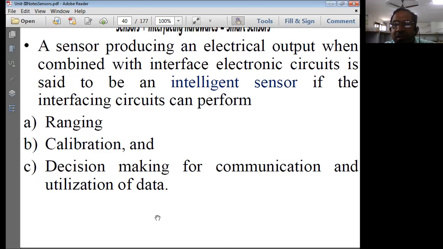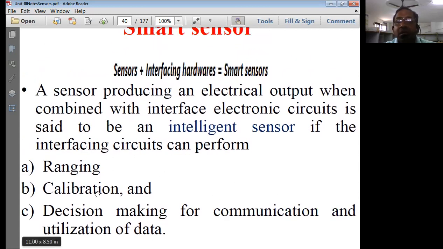digital techniques, digital analog techniques, digital modulation techniques, analog modulation techniques, line coding, channel coding. Different types of channel coding and line coding techniques are available in communication. Based on that, a decision has to be taken on how to handle this kind of data. Then obviously the processing of the data has to be done by the smart sensors. These are the basic necessities for which we go with smart sensors.